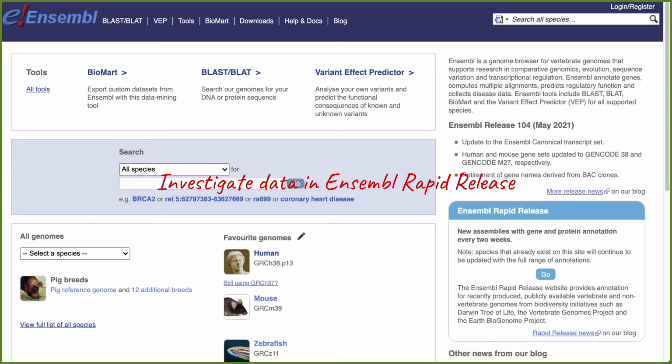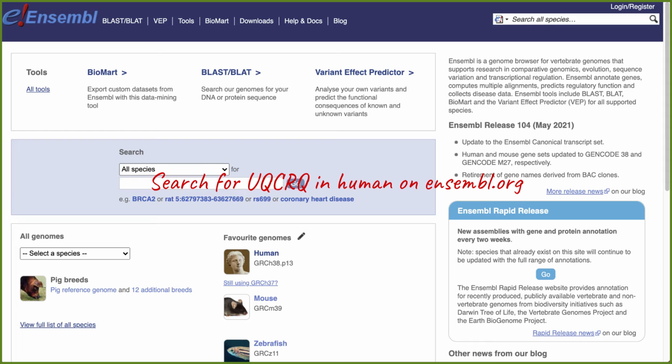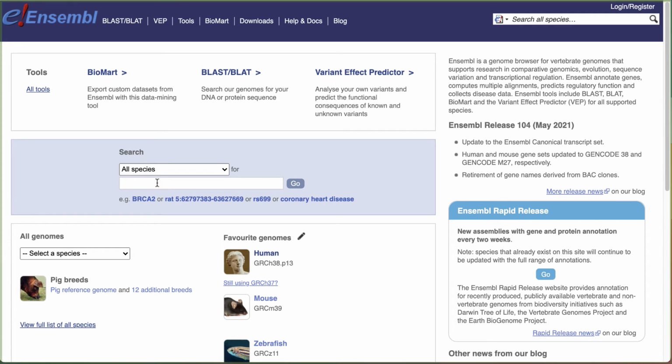We're going to do the exercise on investigating data in Ensembl Rapid Release. The exercise says you're interested in finding the gene UQCRQ in wild Bactrian camel, which is only available in Rapid Release. It says search for UQCRQ in human on ensembl.org. So here we are in ensembl.org,